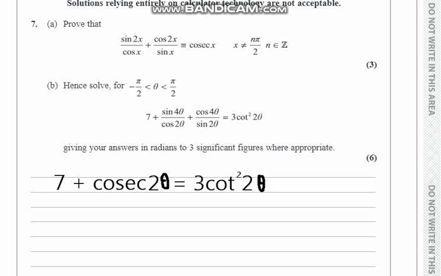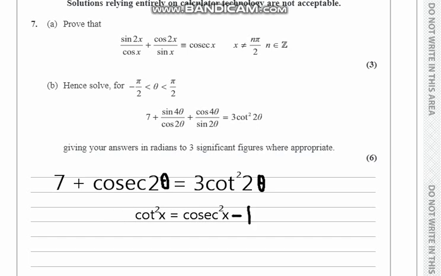So there is a catch, guys. We are dealing with cosec 2 theta here, and we have a cot square theta. If you remember, there is this identity, I'll write it down, to get cosec in terms of cot square theta: 1 plus cot square x equals cosec square x. So I'll subtract 1 from everything to make cot square x the subject, and that becomes cosec square x minus 1.